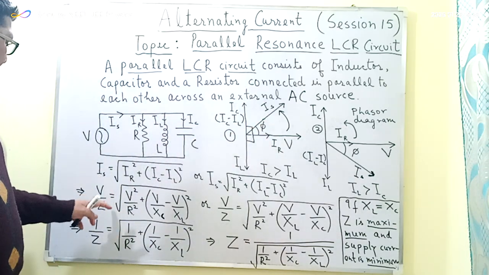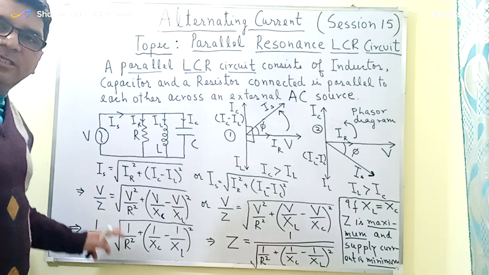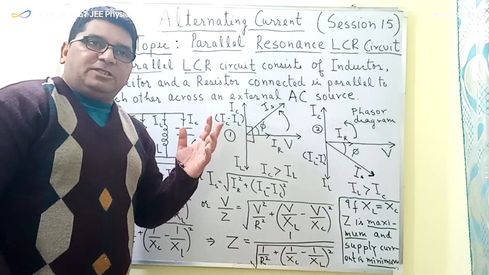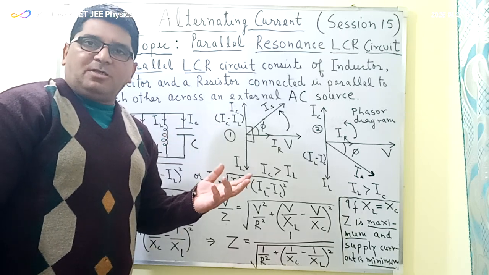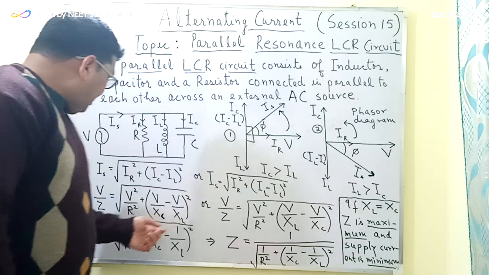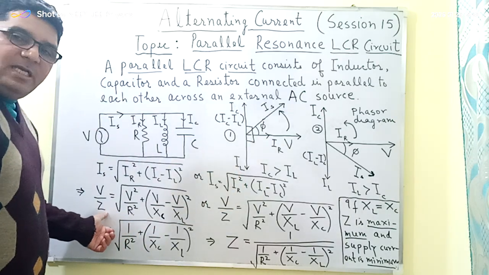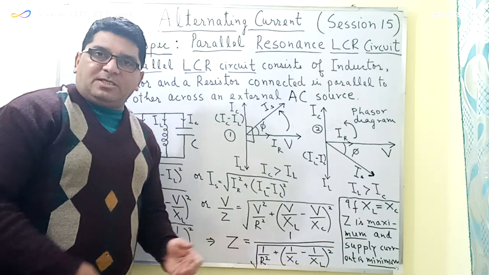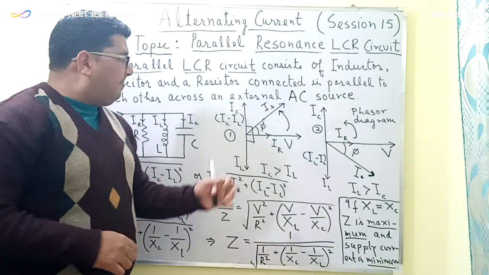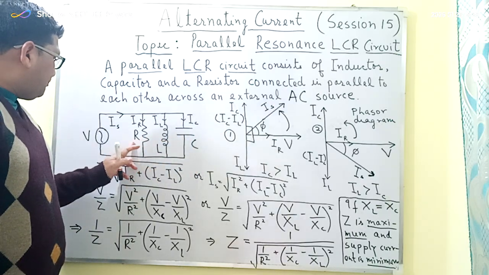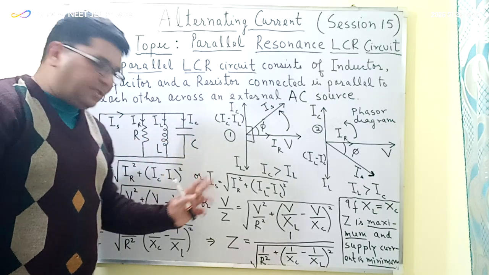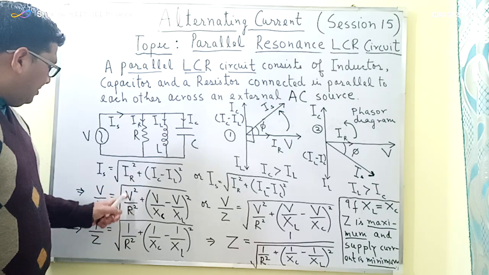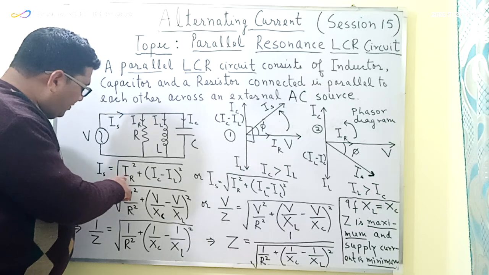So from this equation I can write IS is equal to V upon Z. Z क्या है? Z is the impedance of this LCR circuit, and impedance is basically the resistance offered to the flow of the current. So Z here is the impedance, or you can say the total resistance offered to the flow of the current by this resistor, inductor and the capacitor. So this will be equal to, now IR is equal to V upon R. So I have just substituted the value of IR as V upon R.